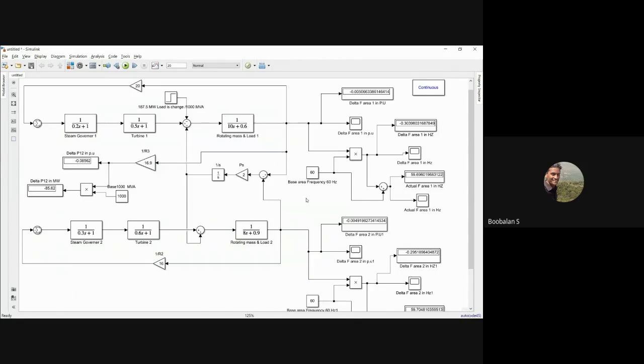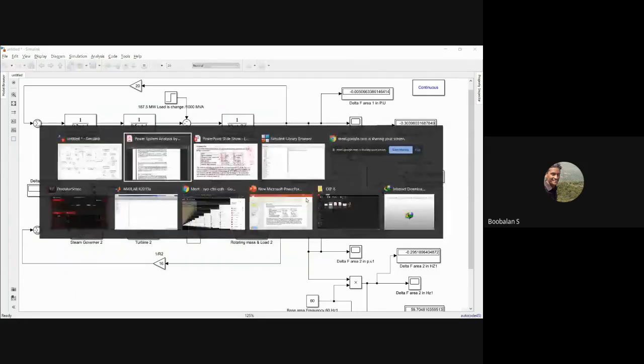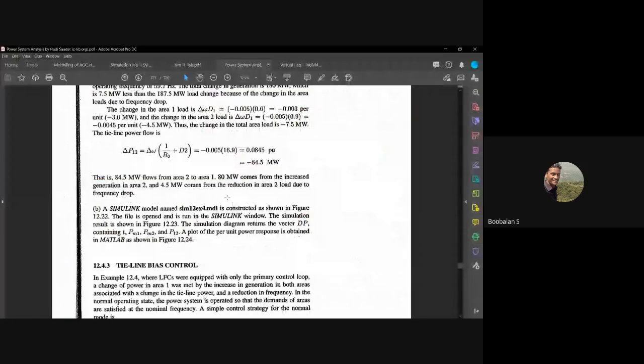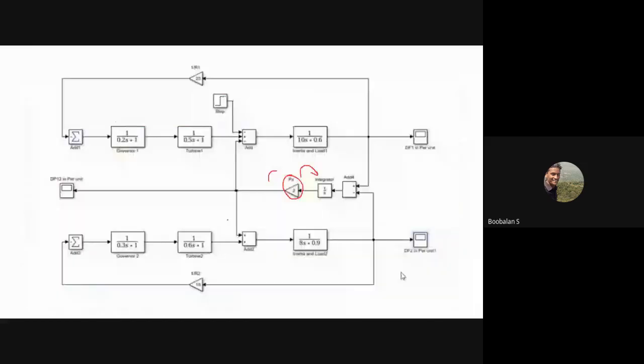So for this purpose, there is one more new concept that is going to be introduced over here. That is local area frequency control. Conventional local area frequency control will be applied over here, right? Just note it down. That is tie line bias control. That is local area frequency control. Just note it down, and how you are going to calculate those things.